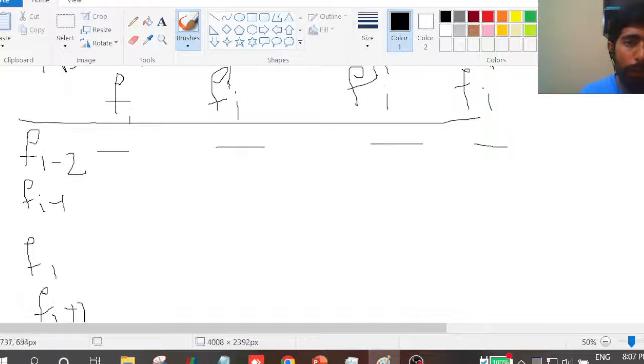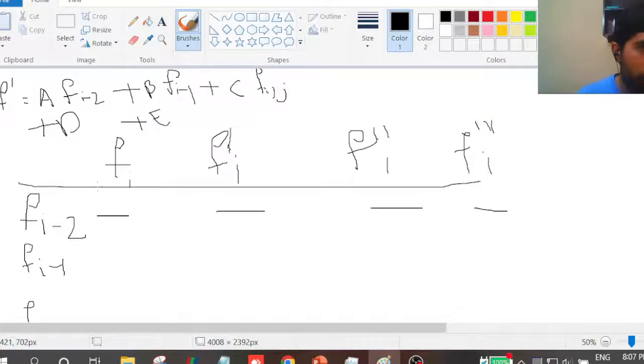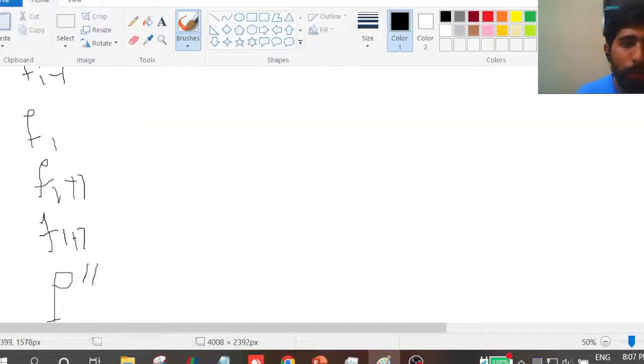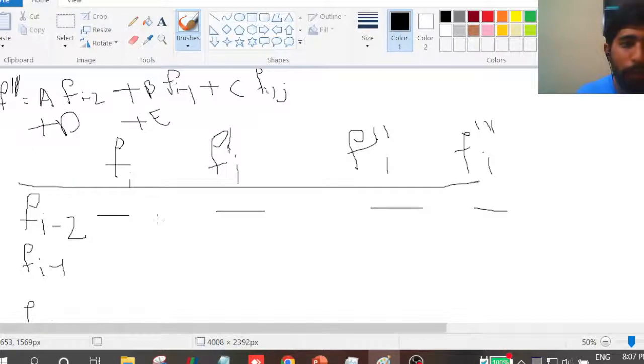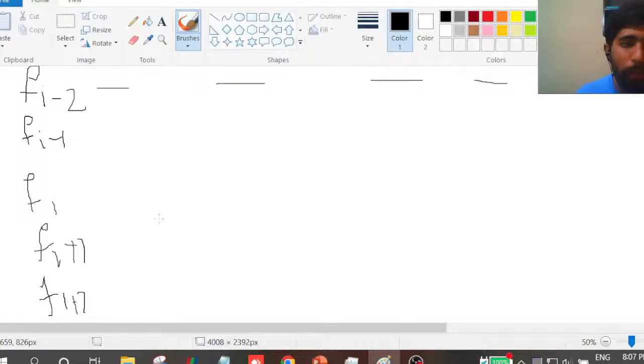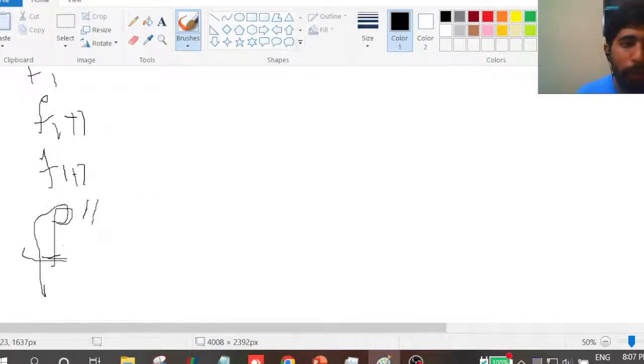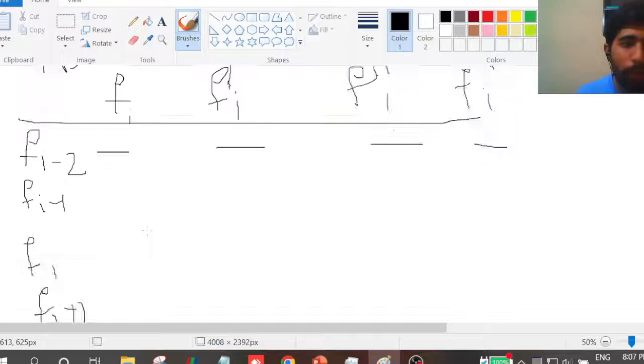These coefficients, you know how you can calculate. F of I minus 2 is equal to... yeah, so for Laplace it is f double dash, I agree. So f double dash also you can formulate in a similar way only, Taylor table. So what you do is that you ultimately need f double dash is equal to a into f of I minus 2 and these things. Instead of f dash you have f double dash here. That's the only difference. You can construct it in a very similar manner, I would say. Instead of f dash which I have written at the last, you should write f double dash, because you ultimately